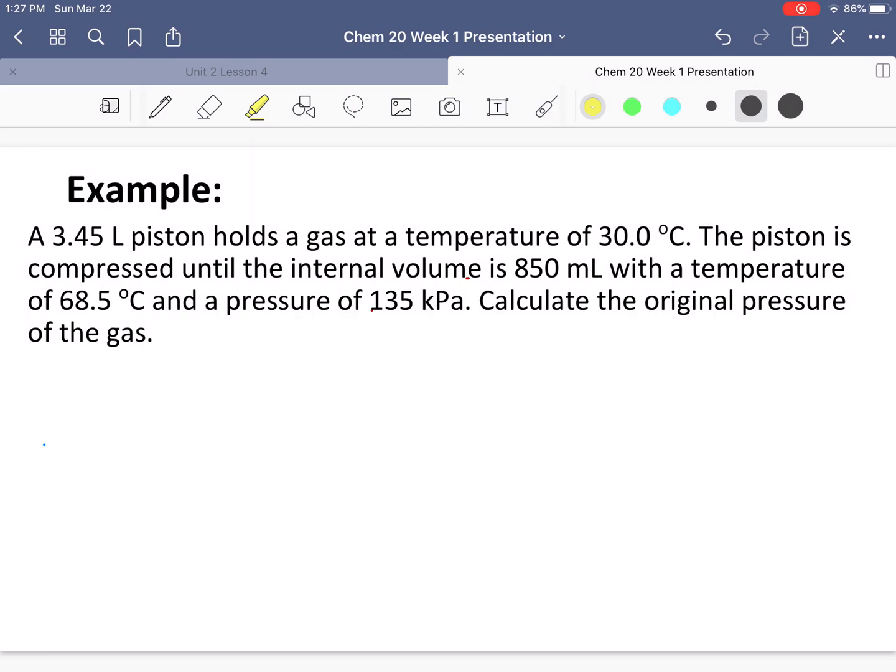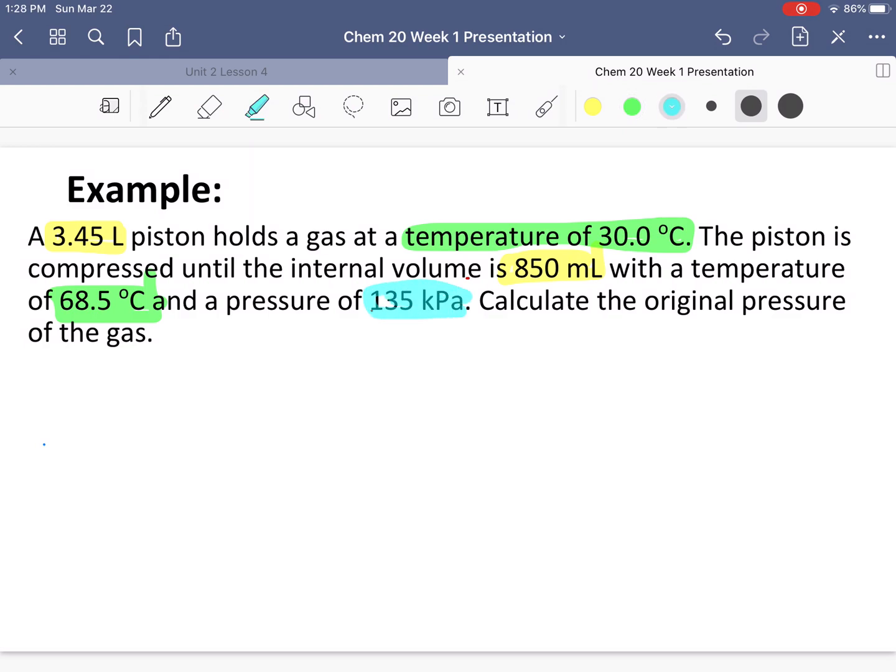So a 3.5 liter piston, as soon as you see liters, we've got a volume. Then it says it holds a gas at a temperature of 30 degrees Celsius. Remember those warning bells, has to be in Kelvin. The piston is compressed, that means pushed down, until the internal volume is 850 mils. We've got another volume. With a temperature of 68.5 degrees Celsius, another temperature in the wrong units though, and here's